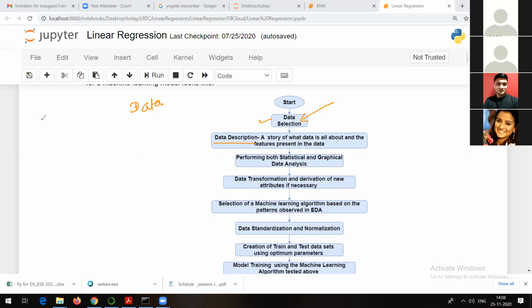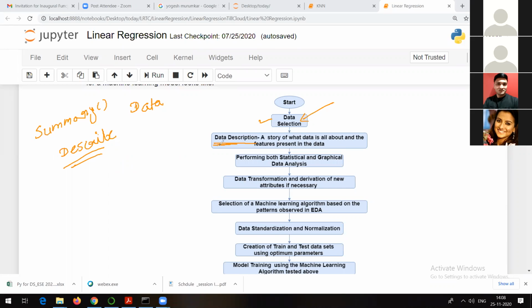So you might have used something called summary method in R, right? Similarly, in Python we have something called describe. What the describe method does is show you the count of the number of records in each and every column, right? What is the mean, what is the standard deviation, all those things it is going to show you. We will see that.